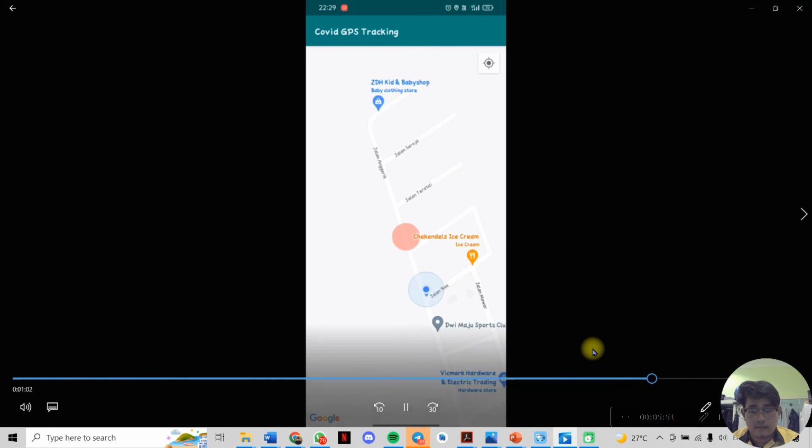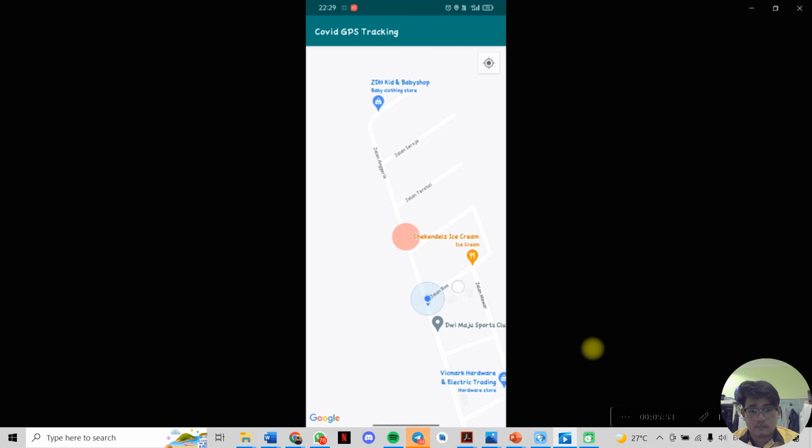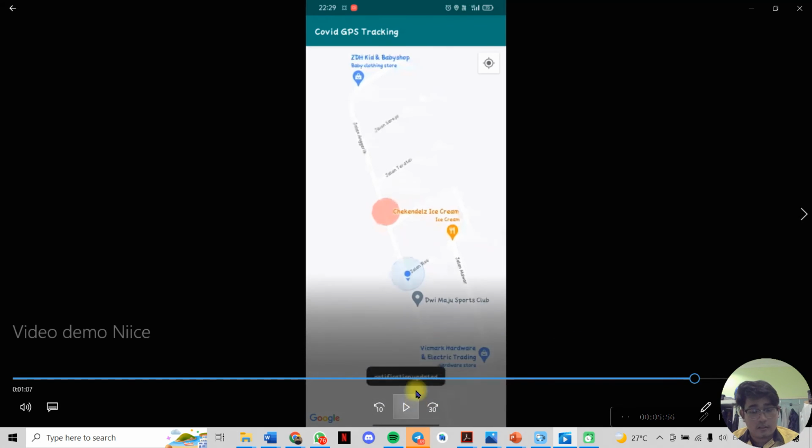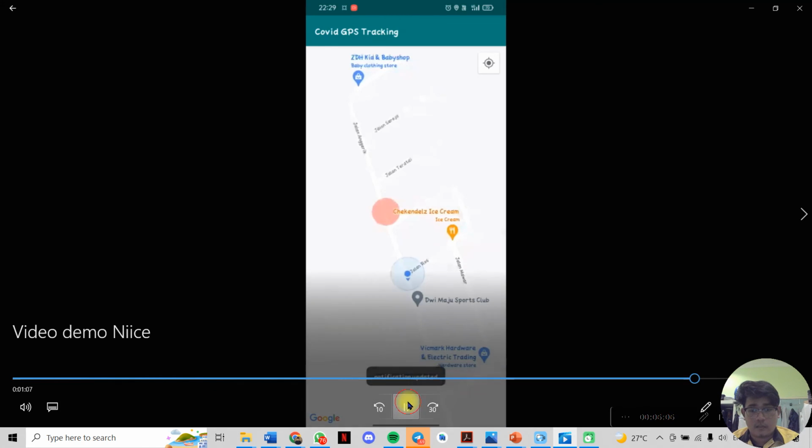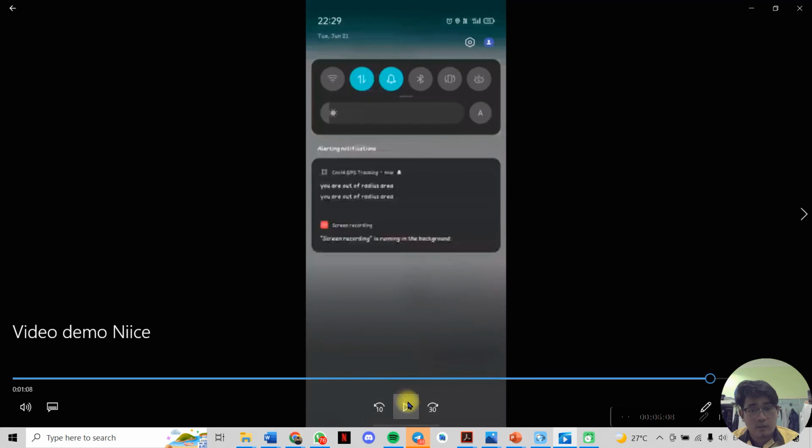See that he is leaving the location, and then the notification pops up, showing that a notification has arrived at their mobile phone, saying that you are out of the radius area, which makes the user need to take precautions as they have violated the home surveillance order.